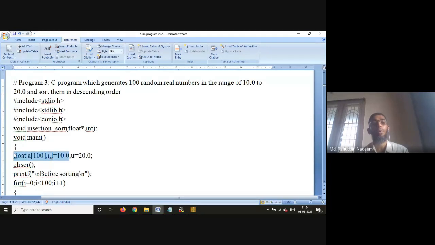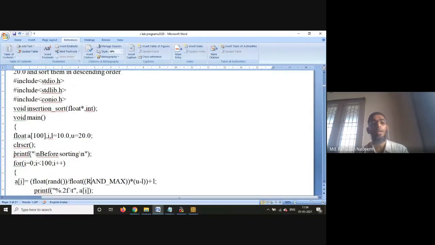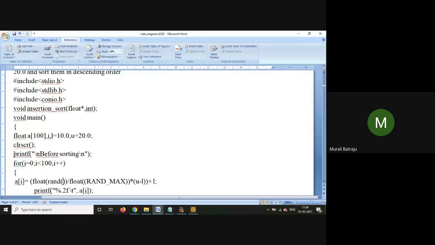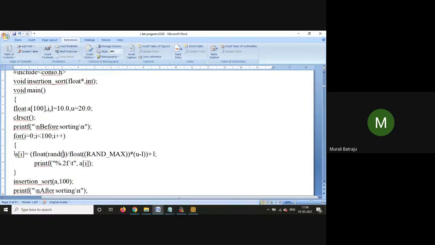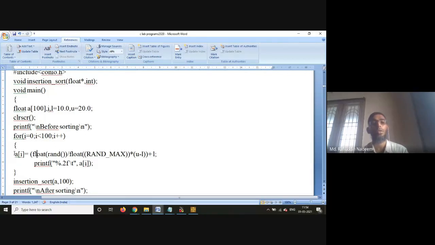The least value will be 10.0 and the upper value will be 20.0. Before sorting, A of i is assigned a value, because I want to convert them into float. Rand actually generates a pseudo-random natural number, so I'm using typecasting, converting one data type into another data type.